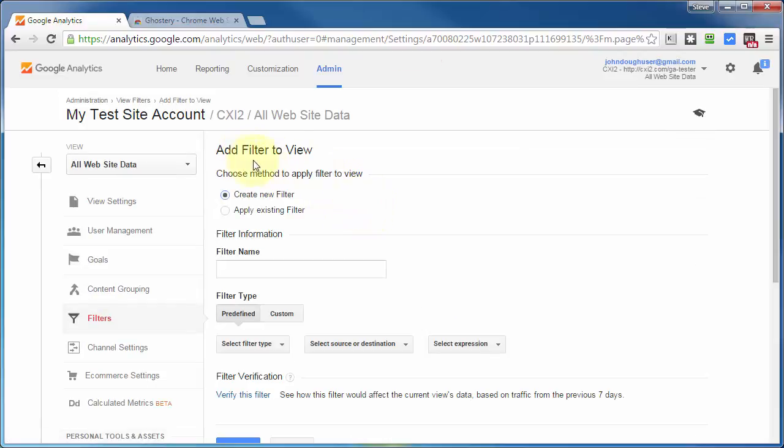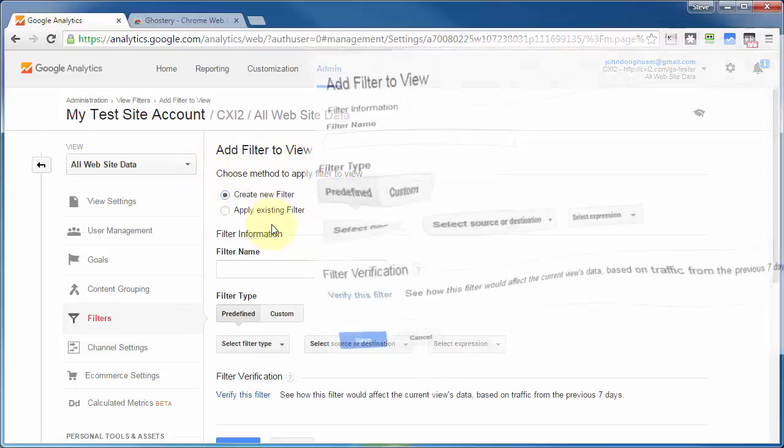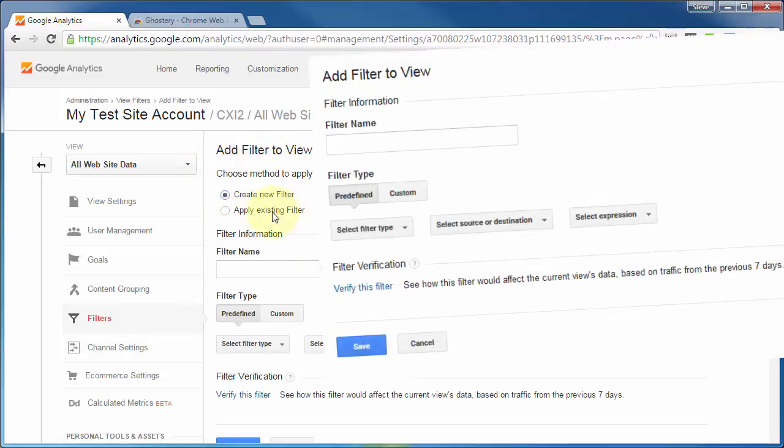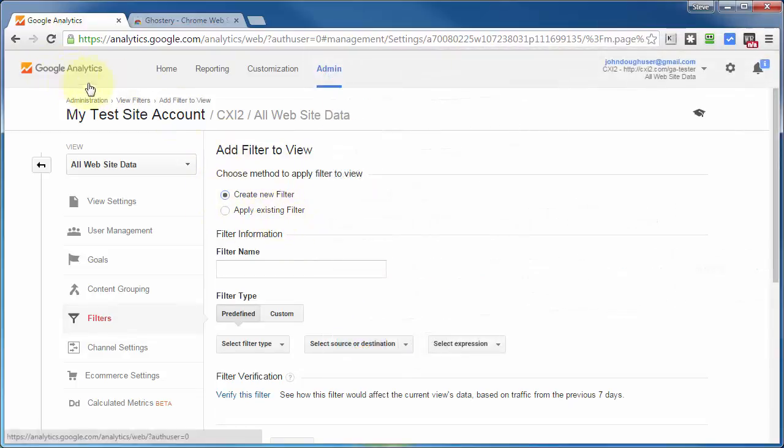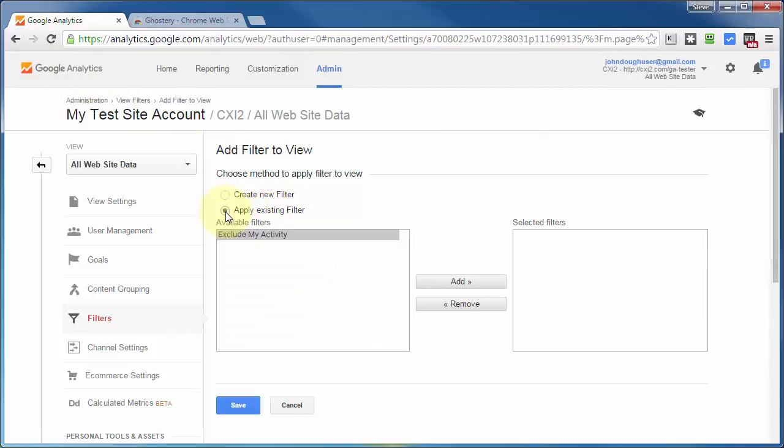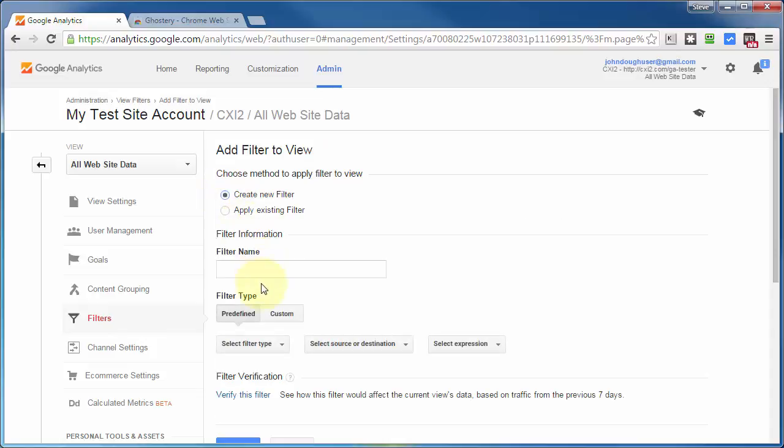Now, if this is the very first time that you've created a filter, you're not going to have these two options. But if you have created filters within this Google account, then you're going to have this option to apply existing filters. Just check that. And then you can select whatever filters that you have available, and you can either add them to this particular view or remove them. But we're going to go ahead and create a new filter, give it a name, and since I'm going to be excluding my site activity by way of my IP address, I'm going to go ahead